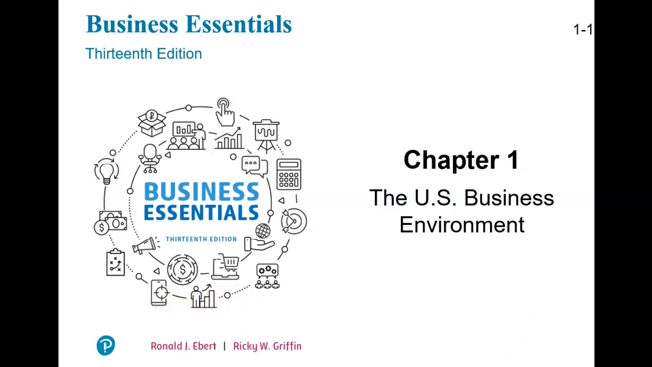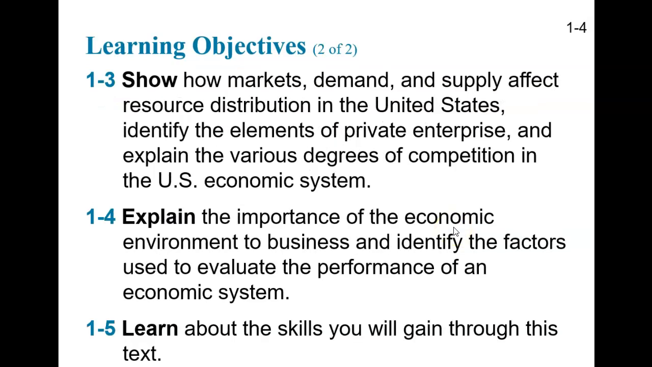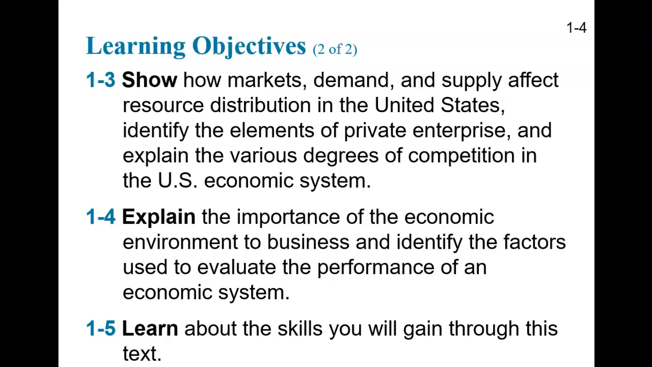So, the learning objectives in Chapter 1 are to define the nature of U.S. business, describe the external environments of business, and discuss how these environments affect the success or failure of organizations, describe the different types of global economic systems that are out there according to the means by which they control the factors of production. This is pure economics, so if you ever take a class in economics, you'll learn about this